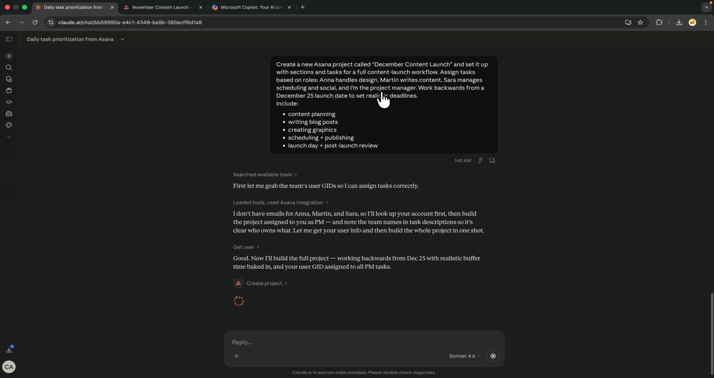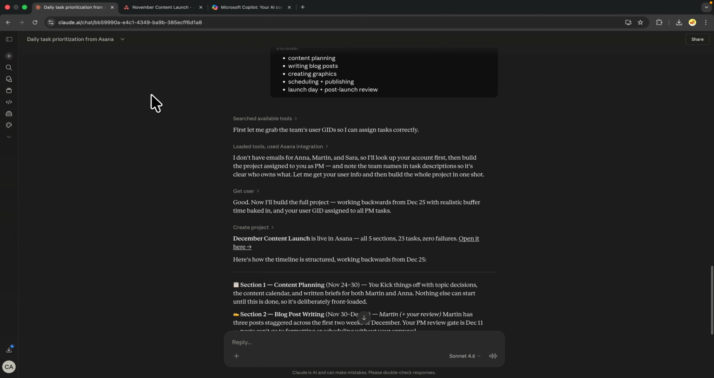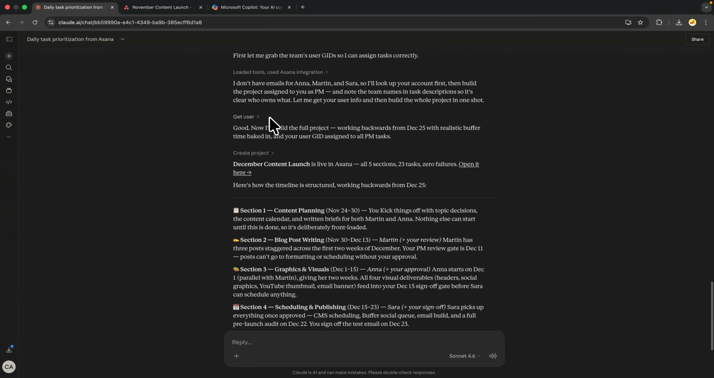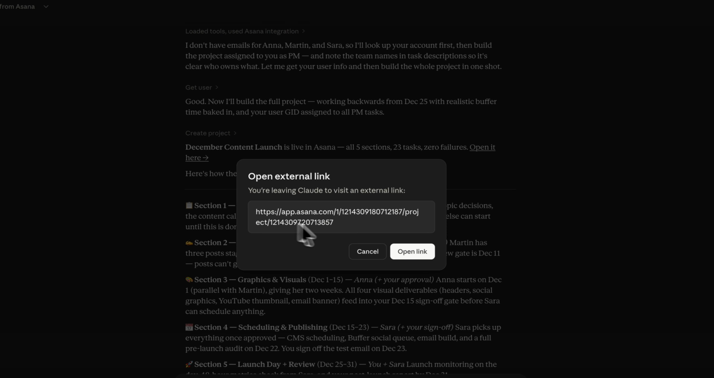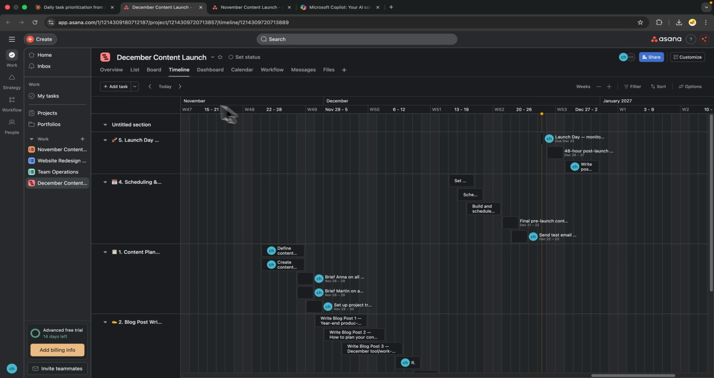So we are just going to write like "Anna handles design," and then it's going to assign the design tasks to Anna automatically. All right, so now after this is done, we can see some summary from Claude, and you can also open it from this hyperlink. Open it over here. So you can open this external link, and it's going to basically redirect you to the